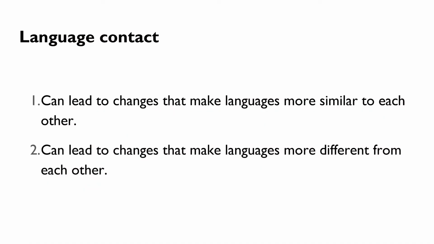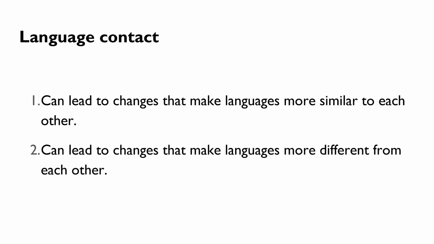The reason why typologists have to care about language contact is because language contact can make languages more similar, right? As we've seen before, these languages in contact, whether Arabic in Bukhara and Tajik, became more similar in terms of their word order and so on. And this can be with regard to nearly every property of language as far as we know. On the other hand, language contact can lead to changes that make languages more different from each other. And since the entire point of typology is to study cross-linguistic diversity and to identify cross-linguistic similarities and differences, we have to care about language contact.